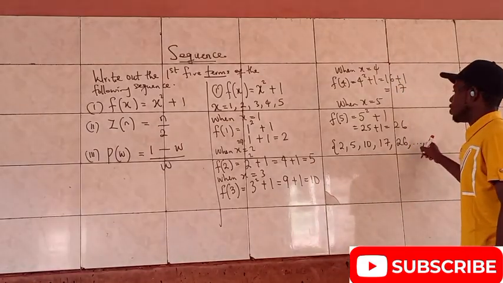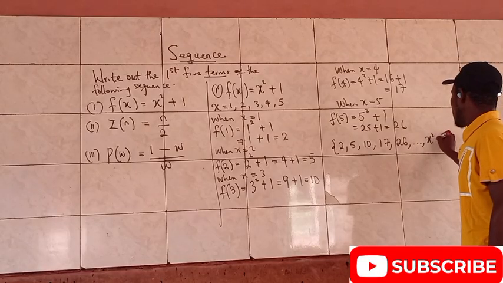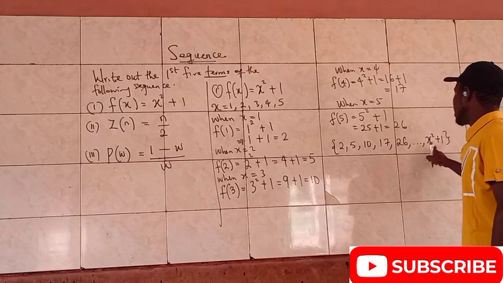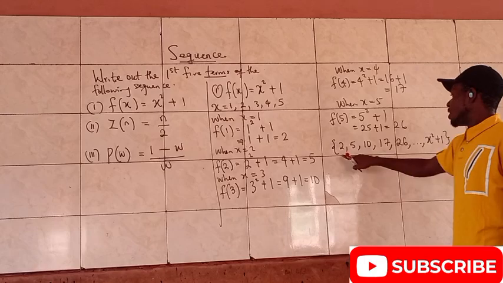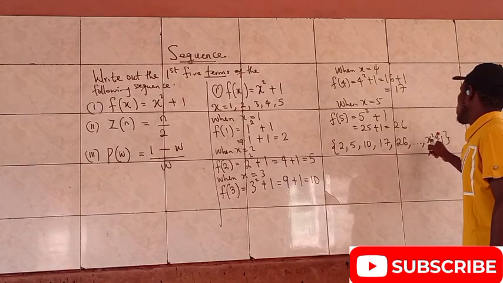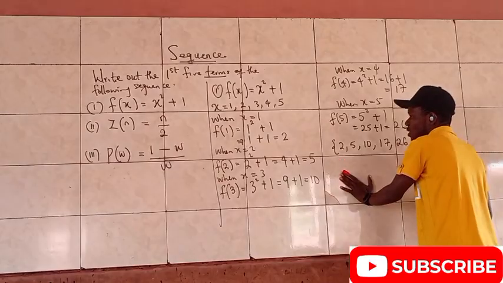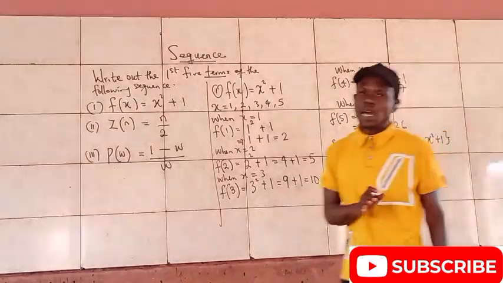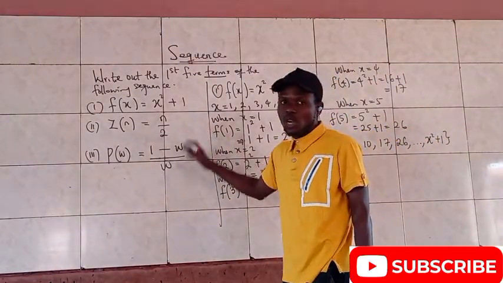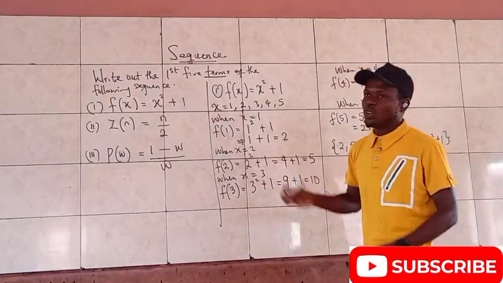So we now write the generator back. What is the generator? x squared plus 1. Meaning that this particular function is the one that generated all of the sequence. So in case you want more of it, use this one to get the next terms. So this is how I write the sequence. So I will ask you to pause the video and kindly solve the other 2 questions. Afterwards, you are going to check my answers.